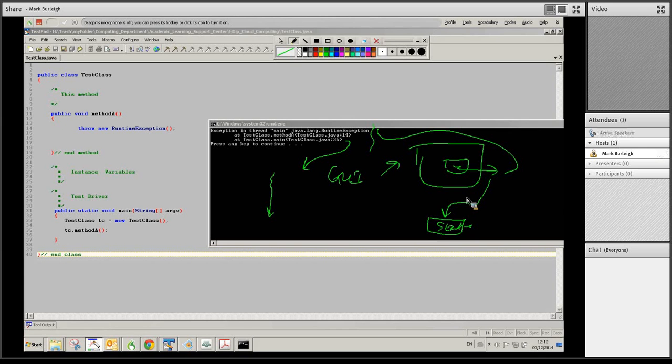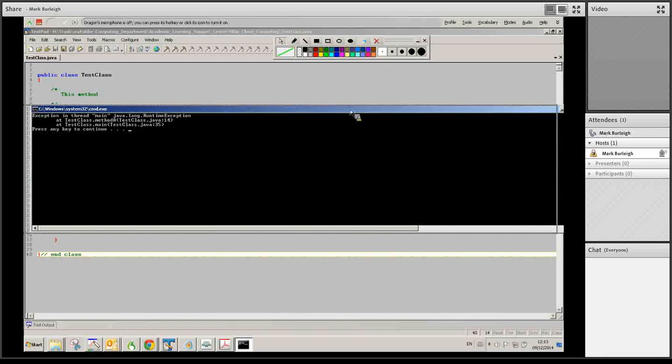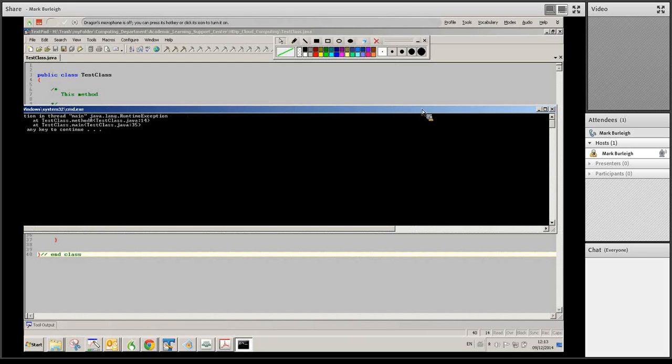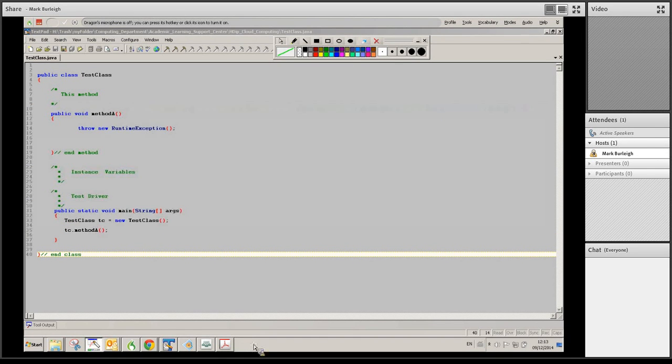So that's for unchecked exceptions. So that's basically it in relation to this particular example. I hope you review this. I want you to revise the questions. I want you to write up the questions for me in terms of the checked exception handling we went over. It is quite complex, but I hope I have demystified it to ensure that you have a better understanding now of checked exceptions and unchecked exceptions. With checked exceptions, you have to have them in a try-catch block or declare that the method that throws the exception explicitly throws it. In other words, that it may throw it. So the language is important. So that's more or less all. And thank you for